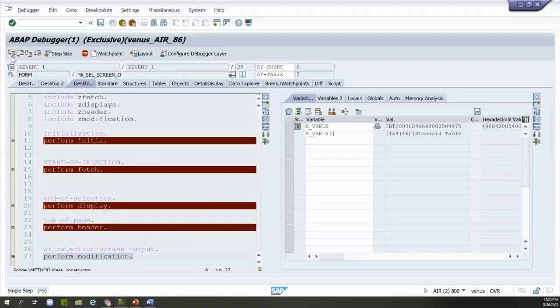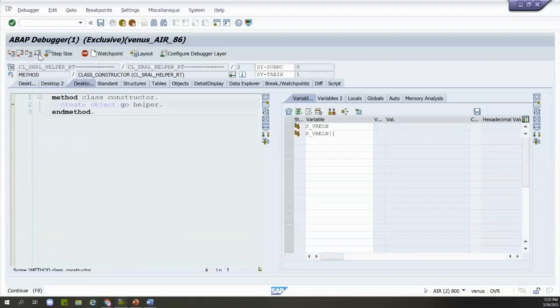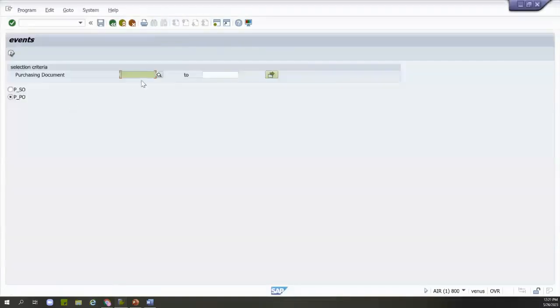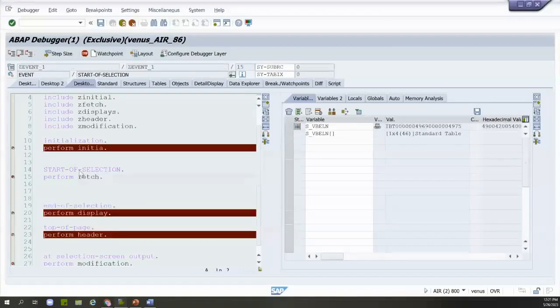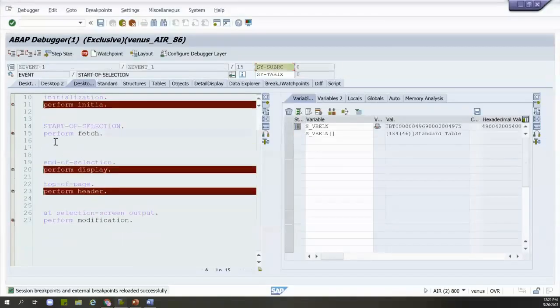Then it goes to the selection screen. Then we give some value here, 02674. Then when we execute it, again it comes down here. Okay,